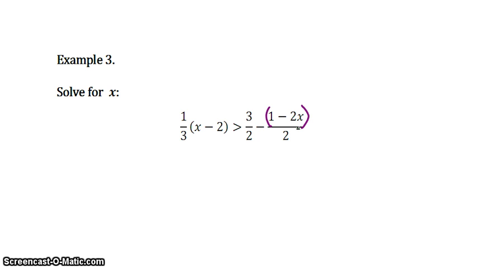I'm allowed to multiply by any number I feel like, as long as I multiply both sides by that number. So I want to multiply by my lowest common denominator. So what is the lowest number that 3 goes into and 2 goes into? That's 6. Now that means I need to multiply both sides by 6 if I want to make a correct statement. So I can multiply that side by 6